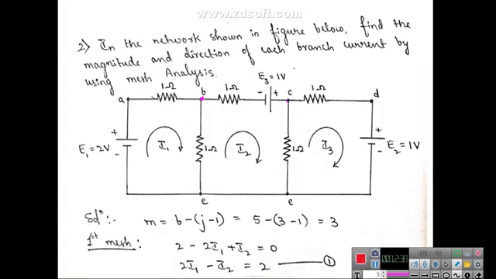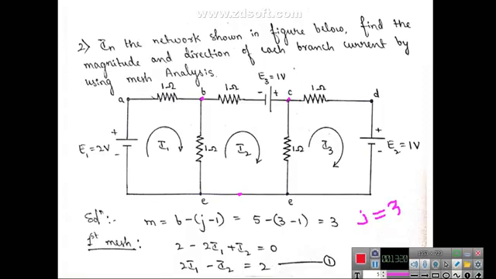But node A will not be called a junction, because only 2 elements are connected. Here this node also has only 2 elements, therefore you cannot call it a junction. So only node B, node C and node E, the common node, are junctions. So in this network the number of junction points is J equal to 3. Once we know the junction points, we can identify the number of branches.